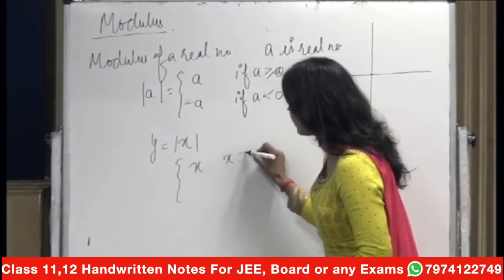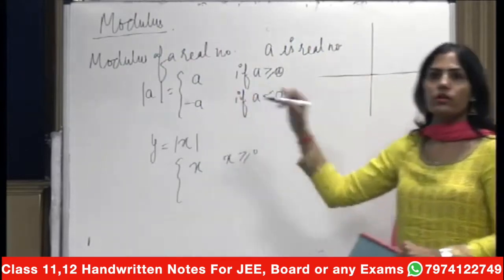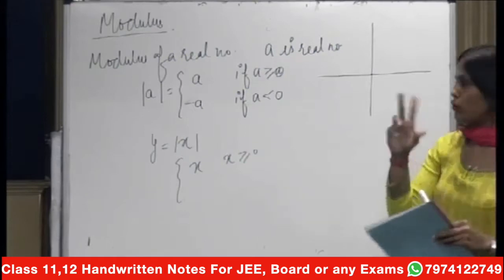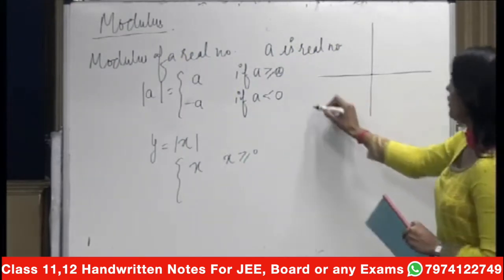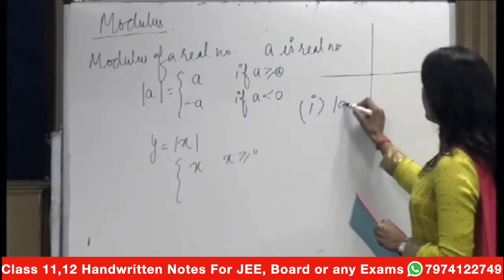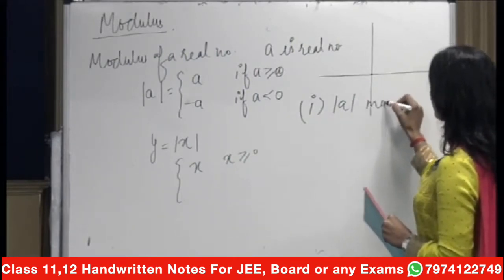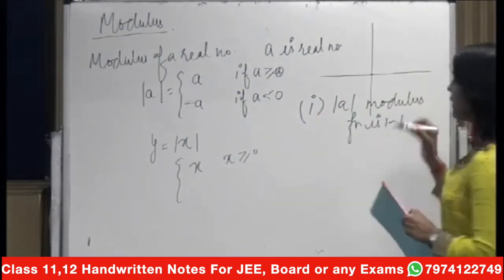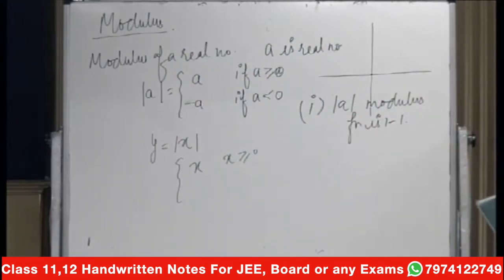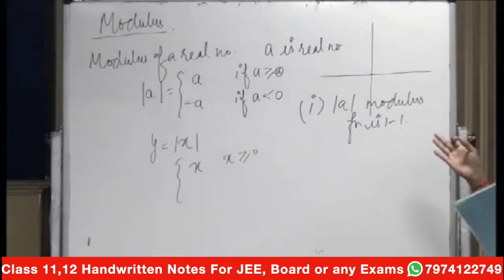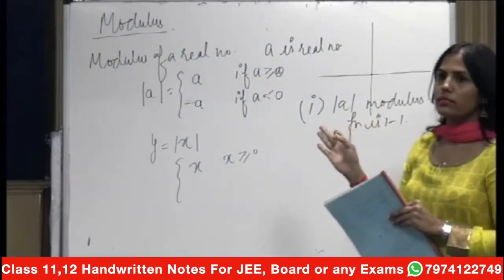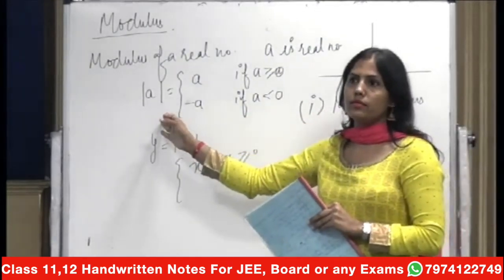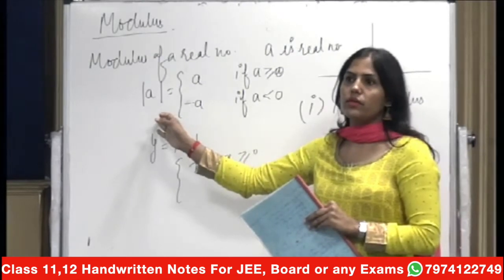Modulus of a real number, this is basically a function. You know the function definition. So two or three things I'll ask you. First thing, the modulus function is 1-1. I need it actually. The modulus function is 1-1. It is very clear from the definition. The modulus function is 1-1. Okay, you are saying 1-1. Anybody else? What does 1-1 mean?